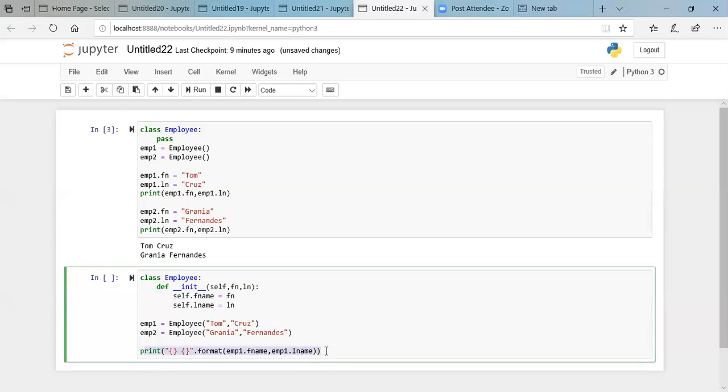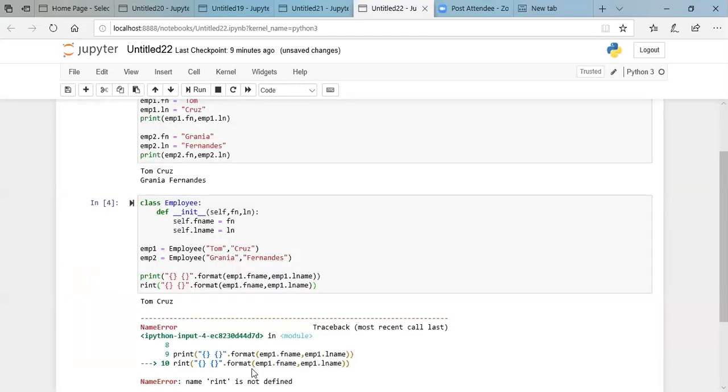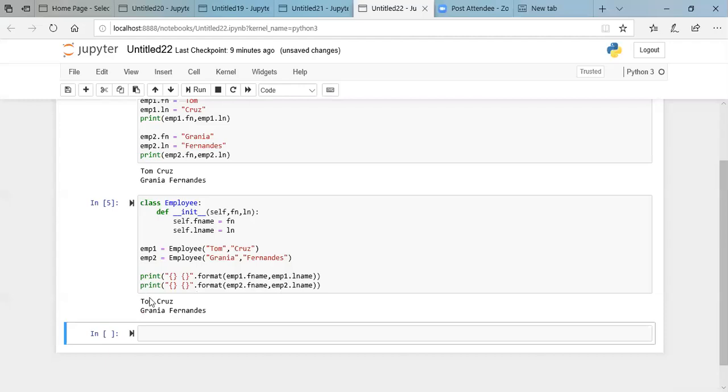I'll print the same thing for the second employee as well, and just execute this. So you can see that you are getting the same output as that of the previous one.